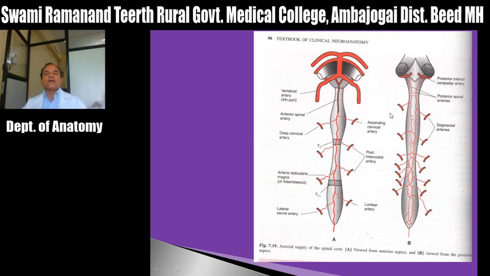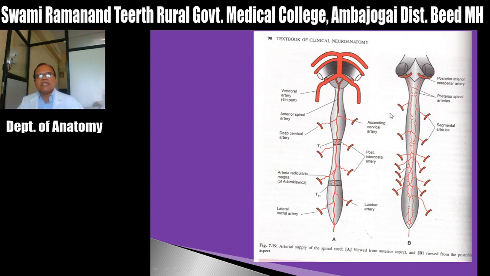So this is about the spinal cord. We have already seen what the spinal cord is, the cylindrical portion of the nervous system, and its features: its length, its breadth, its weight, its coverings, the various modifications of the diameter, the cervical enlargement and lumbar enlargement, where it extends and where it is more enlarged, and what the cauda equina is. Then we have seen the spinal nerve and spinal segment relations.